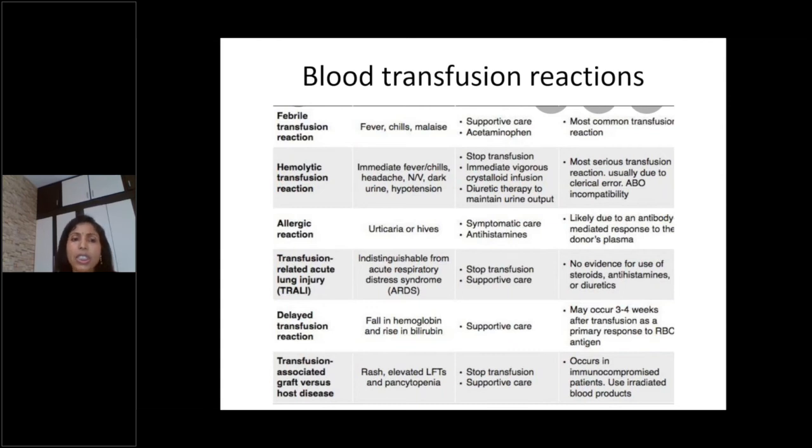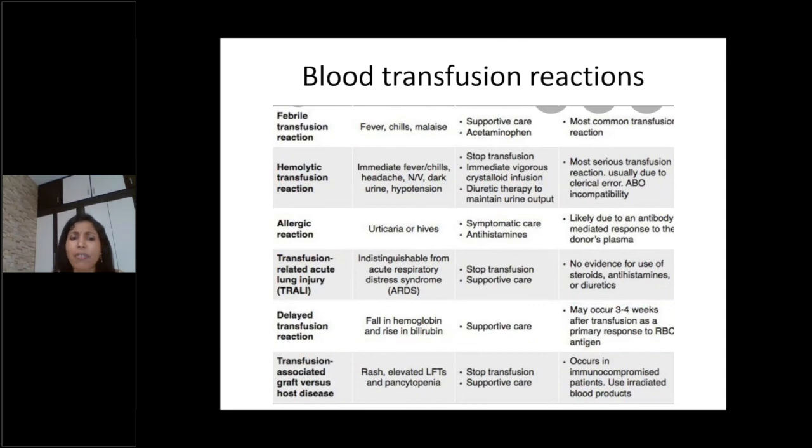Another transfusion reaction is delayed transfusion reaction. This is secondary to minor blood group incompatibility. It can manifest any time between 3 days to 3 weeks post transfusion. Usually it comes out as hemoglobinuria, and then there will be a drop in the hemoglobin in these cases. The desired increment you don't see post transfusion in these children. So this delayed transfusion reaction is secondary to minor blood group incompatibility.